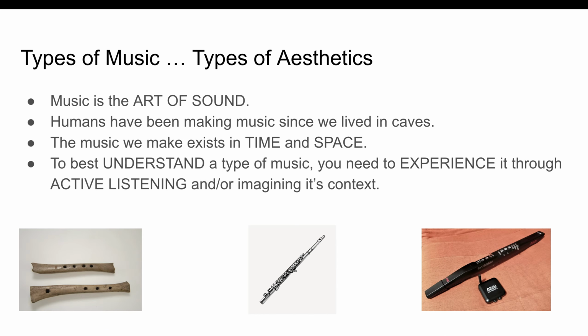And this gives us the types of aesthetics for music. Okay, so music, broadly speaking, is the art of sound. Okay? There's been archaeological digs that go way back in the caves. And in the caves, they found some bone flutes, some drums, some primitive string bowed instruments. And an interesting thing I learned from Ted Goya is these instruments were always found in the best acoustically sounding